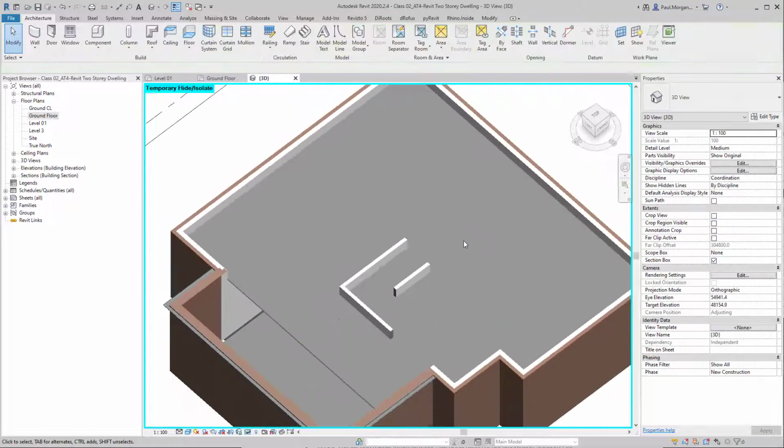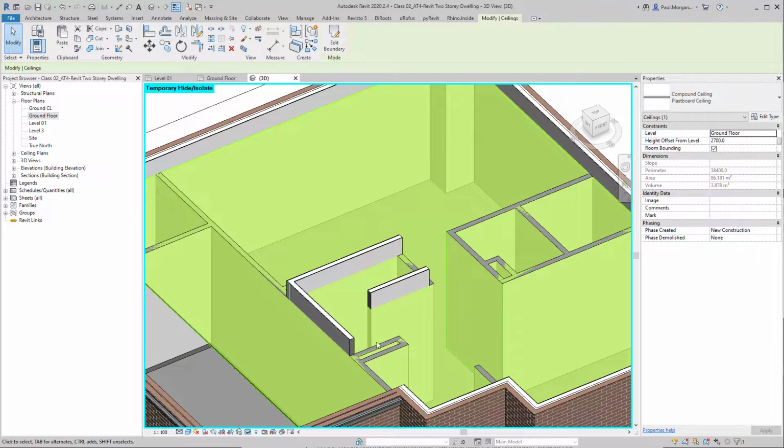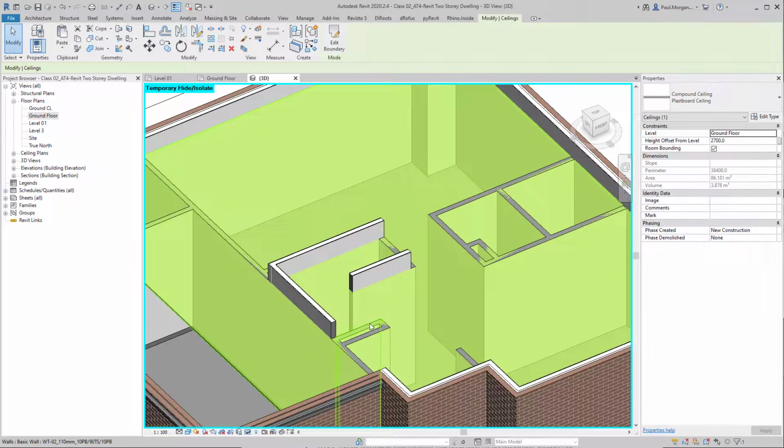And now that may graphically look right, but the difference is that the ceiling is going across the top of all of the stud walls. Now, from a construction method, that's not true, so that's a lie straight away. But more importantly, it may not seem like a lot, but you're going to get false readings of material and of areas, and that's incredibly important if you want to schedule out the amount of volume or the amount of area of material you want. So let's say that you're a builder and you want to quote how much square meterage of plasterboard you need. You can see here at the moment that area is 86.1 meters squared, but that's not a true representation because